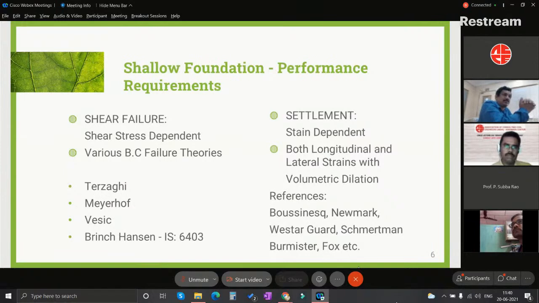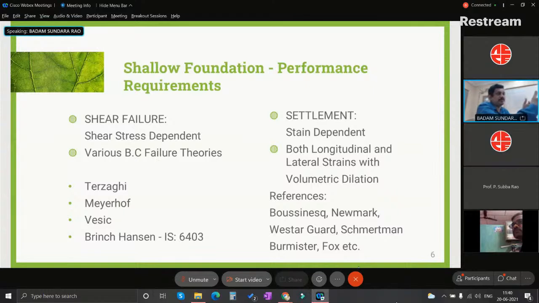Regarding the performance requirements to be considered, we have to consider the soil behavior in terms of two factors. One is the form of shear failure, and the second one is the form of settlement failure. A shear failure is nothing but, when a load increment is applied on the foundation system, under the increment of the load there is a development of shear stress, by a triaxial state